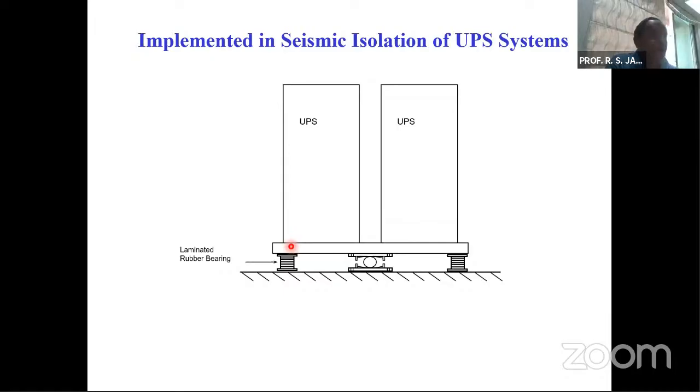The time period which was kept for this structure was 2 seconds, as mentioned by Professor Dev in the morning. That 2 seconds is a typical time period of the structure where one can achieve the isolation system. So 2 seconds was the time period. 10% damping was considered, and this system was observed to be, till date, working nicely. As such, there is no deterioration, etc., that has occurred in the isolation system.